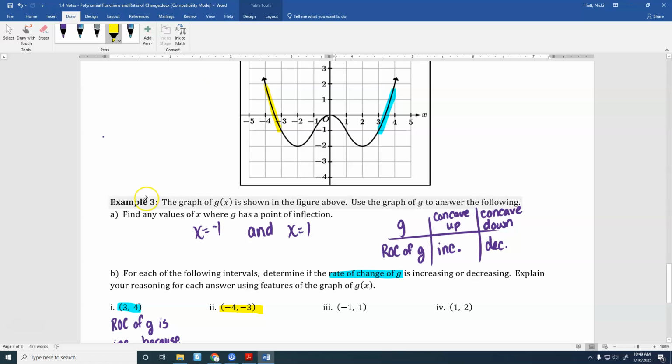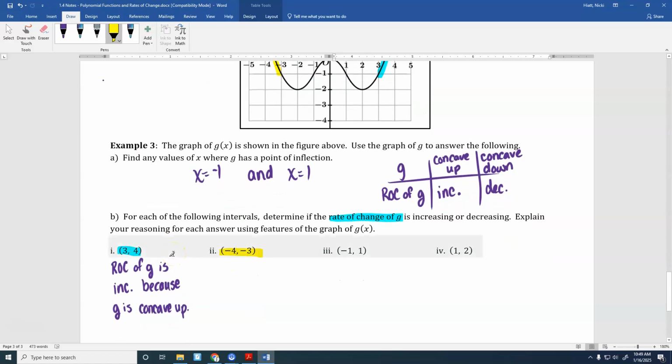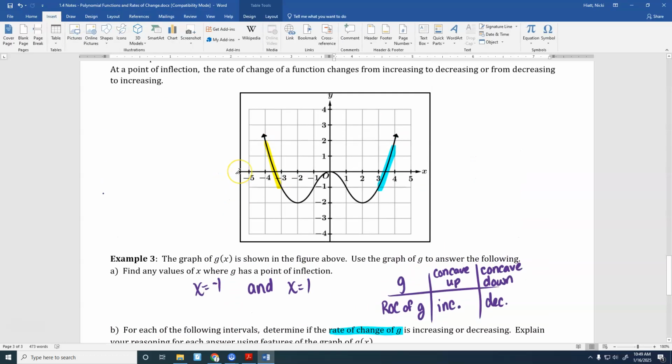Increasing, and why? Right. So our rate of change of g is decreasing because g is concave up. So like your rate of change, as Molly said, it looks like it's going down, but it's not really